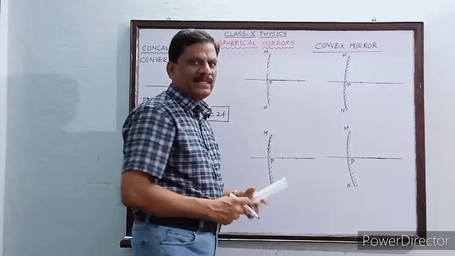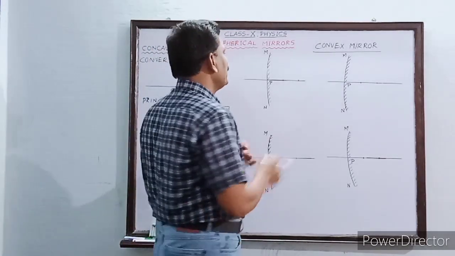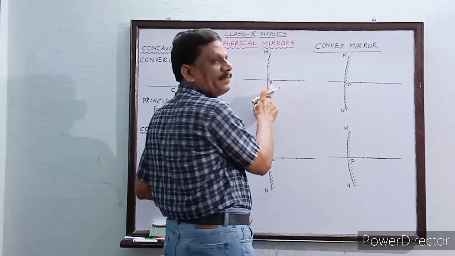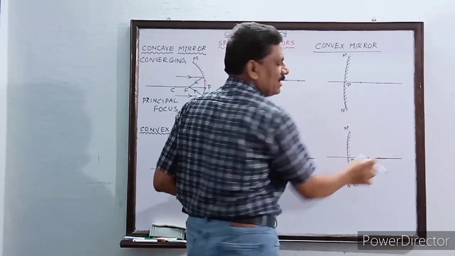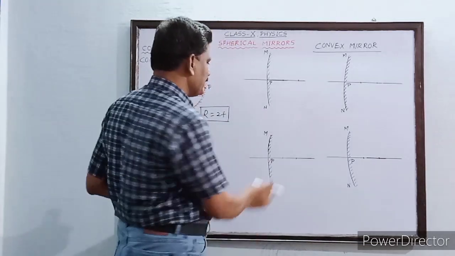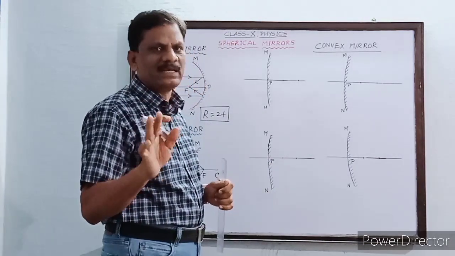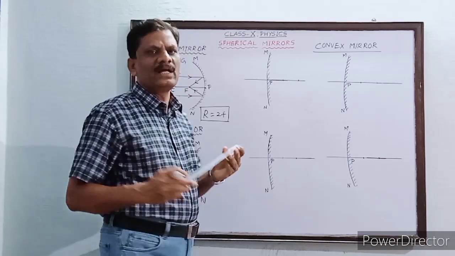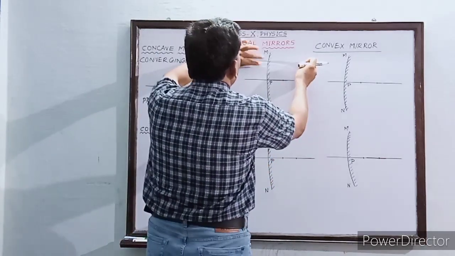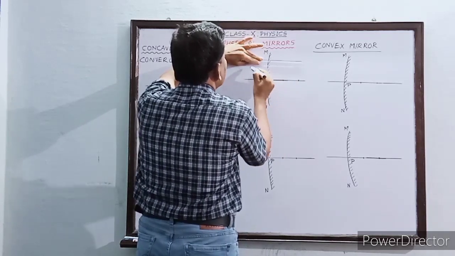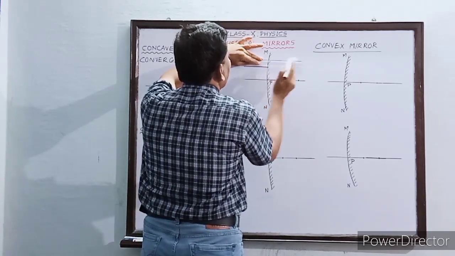Draw that. Then after drawing the principal axis, at equal distance from the pole P, you measure and keep dots. Approximately equal spacing means the picture will come very neatly. Now first, how to draw the incident ray parallel to the principal axis. Keep the scale parallel to the principal axis and you draw a straight line.